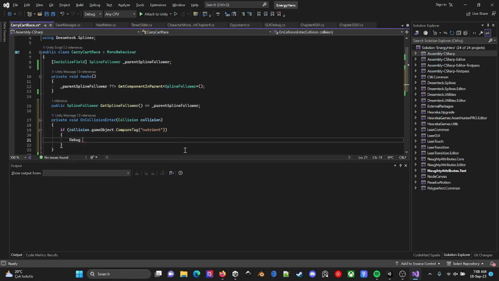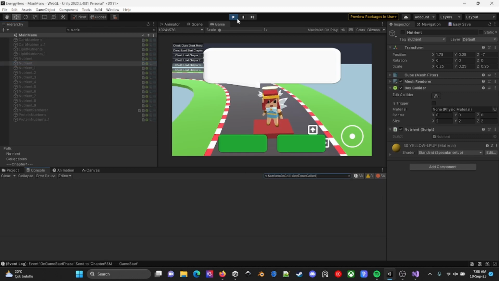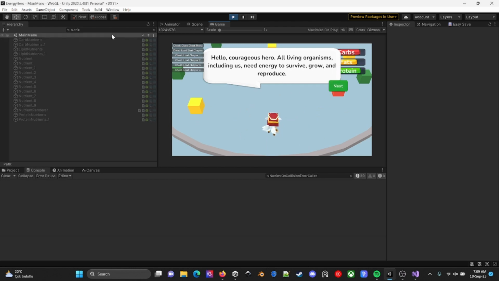Let's just give me a debug log. Nutrients on collision enter. Let's just give me this debug log in my console, and then I understand this collision is working.